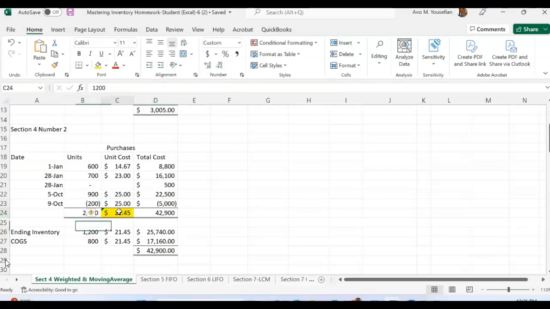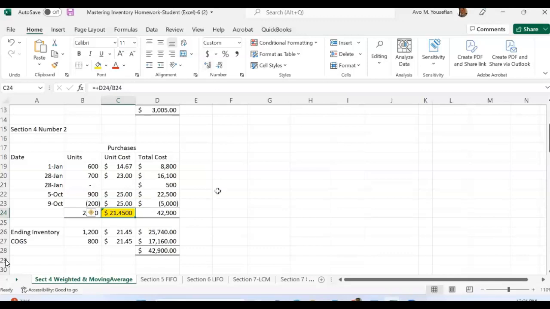And we know that the average cost is what? Let's take the decimal to 4 digits. That's the average cost, right? So 21.45. And that will be 21.45 times 1,200. That's